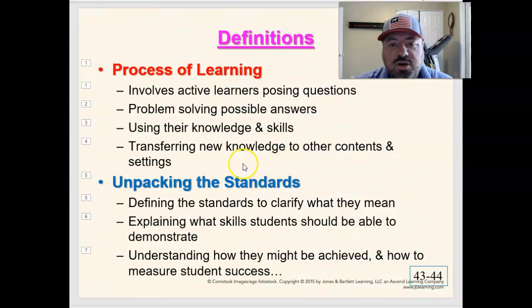And then another part of the definition here of the process of learning to help us understand what that means is transferring new knowledge to other contents and settings. So when you're teaching somebody something, say we're talking about kicking the ball and the difference between indoor and outdoor soccer, how indoor soccer the ball is going to be faster on the floor, and when you get outdoor, it depends on how high the grass is.